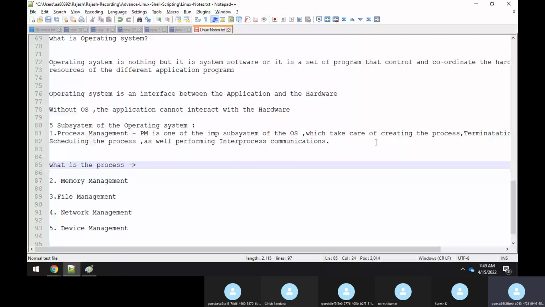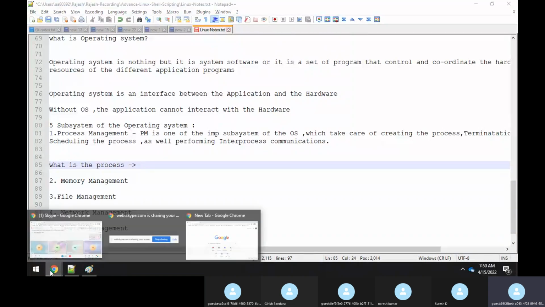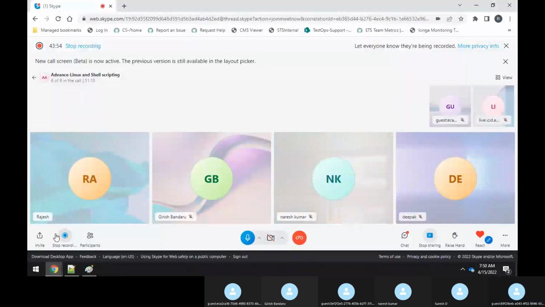But I'm asking, what is a process when it comes to the operating system or the system level? Does anyone have any information on how you define a process? Yes, Rajesh says process is nothing but a sequence of steps or a sequence of operations.